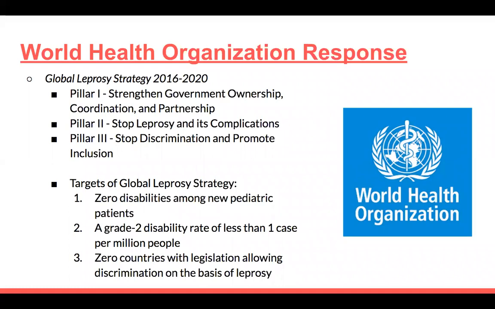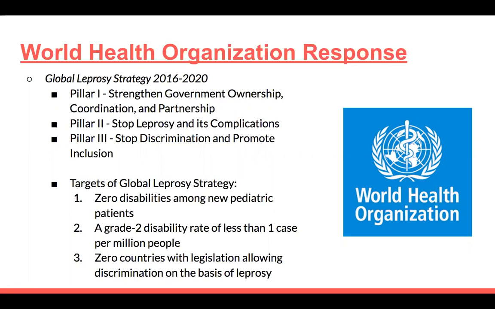In 2016, the World Health Organization presented its global leprosy strategy to take steps toward control of leprosy. This strategy is broken down into 3 pillars. The first pillar targets strengthening government ownership, coordination, and partnership through: 1, ensuring political commitment and proper availability of resources to leprosy programs; 2, contributing to universal health coverage, specifically for women, children, and underserved populations; 3, promote state and non-state partnerships and promote national and international collaboration;